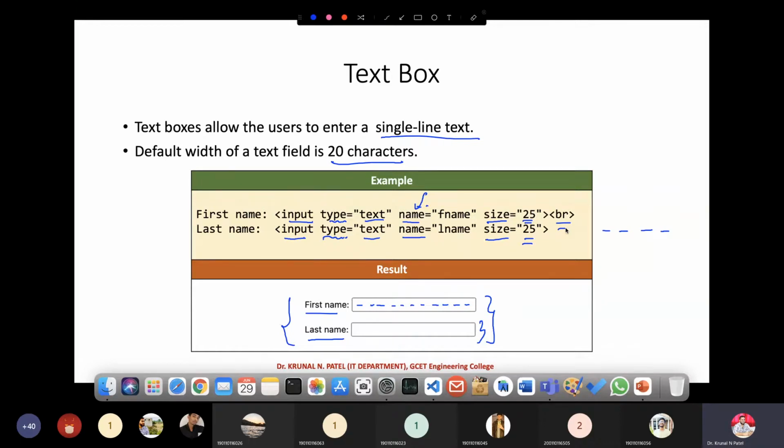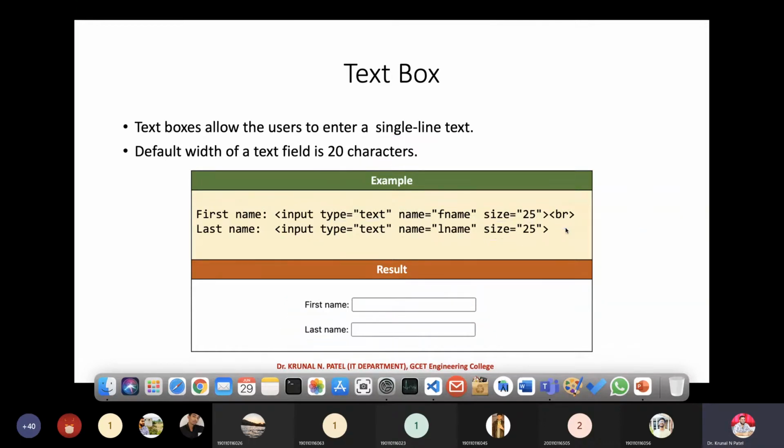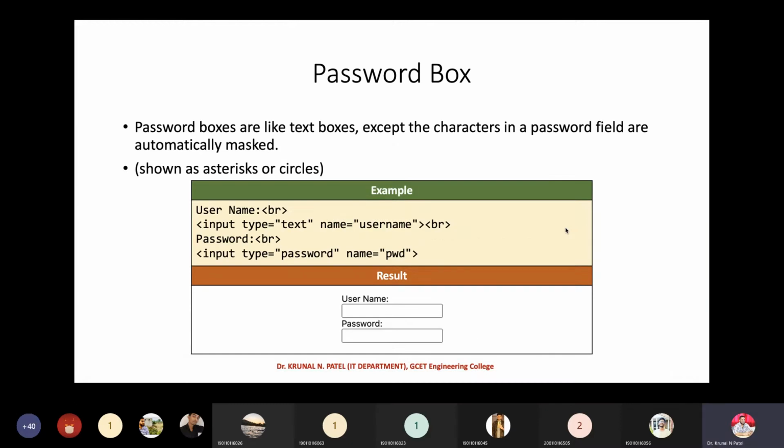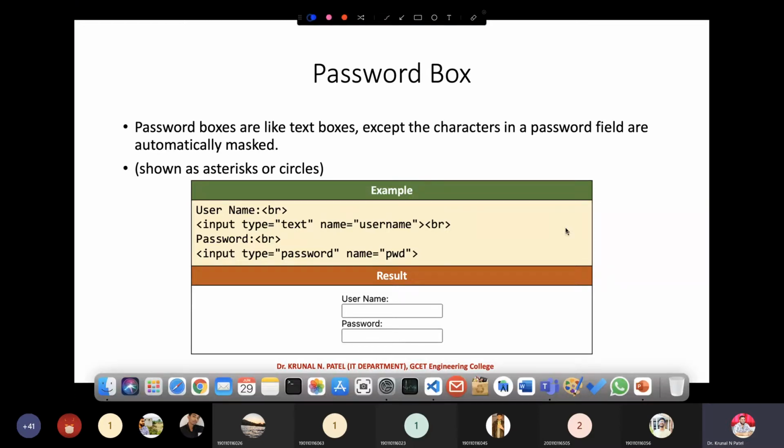Let's go to another type of input, that is the password box. A password box is designed to take input in password form. That means whenever you are entering something, it will be displayed in a specific format, like star, star, star, whenever you are entering a password.